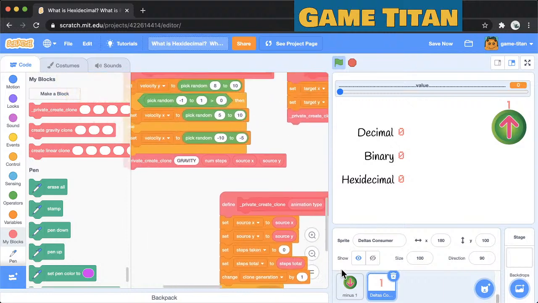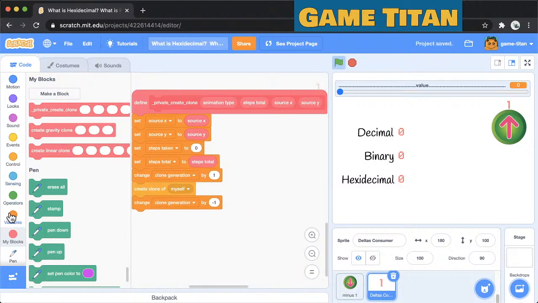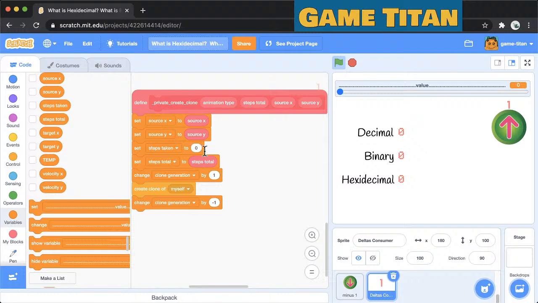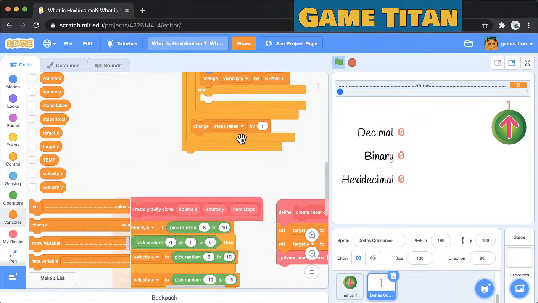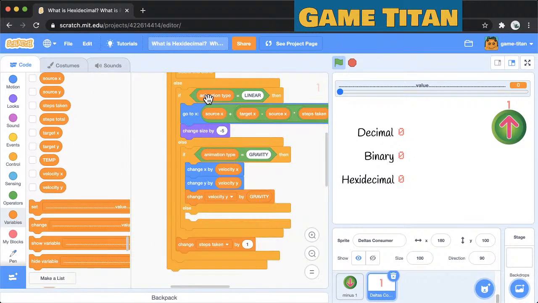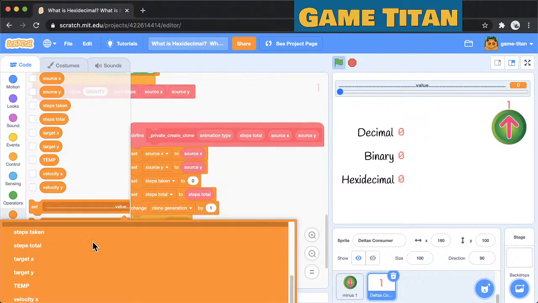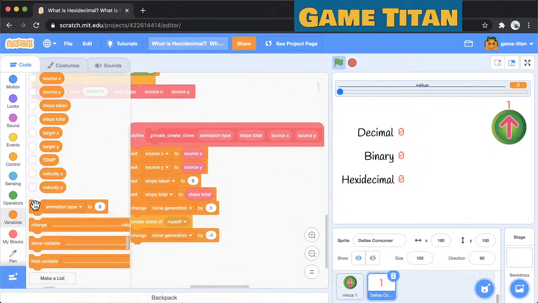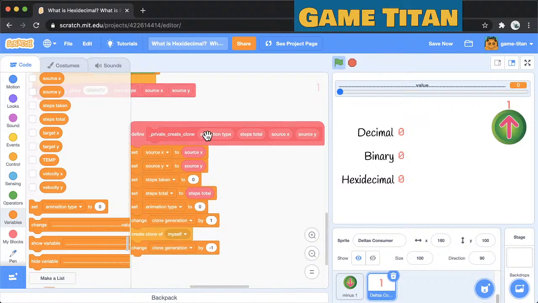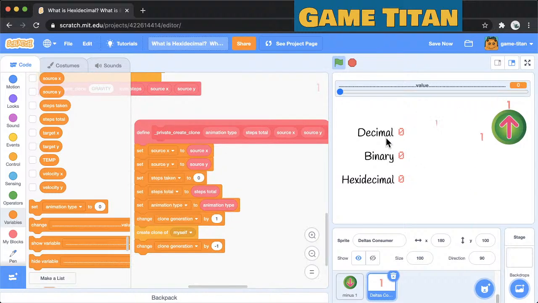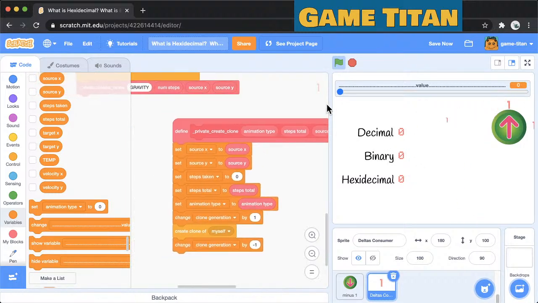Oh, we forgot to set animation type in here. So what's happening is in here, animation type is not linear and it's not gravity. So this part of the if statement's running, which is doing nothing. So set animation type to this, and that looks much better. Now,